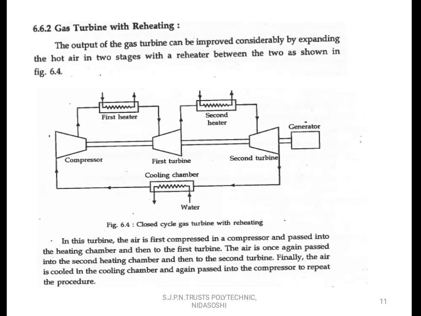The output of the gas turbine can be improved by expanding hot air in two stages with a reheater. Here, air is first compressed in the compressor and passed into the first heating chamber, the first heater, where it gets heated and it is expanded in the first turbine,